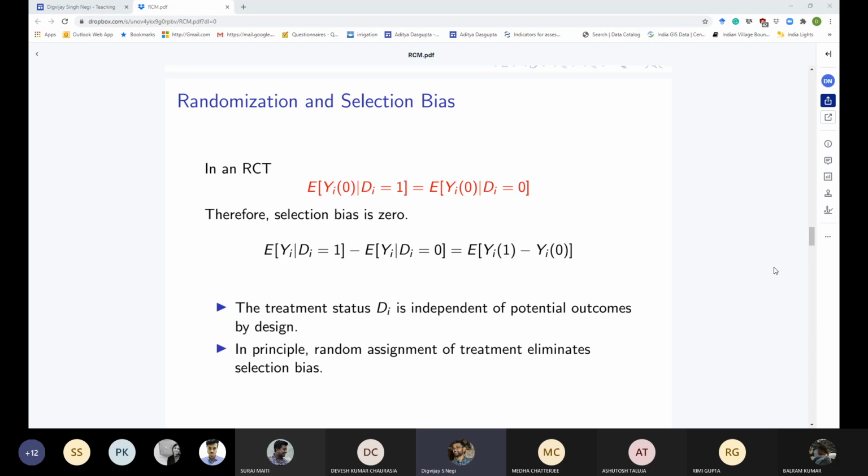If I'm oblivious to this idea of selection bias, I may end up saying that, let's say, 72% of students from IGIDR have a job, versus 50% of the students who didn't attend IGIDR, people from outside, have a job. So I may say 50 minus 72, how much would that be?